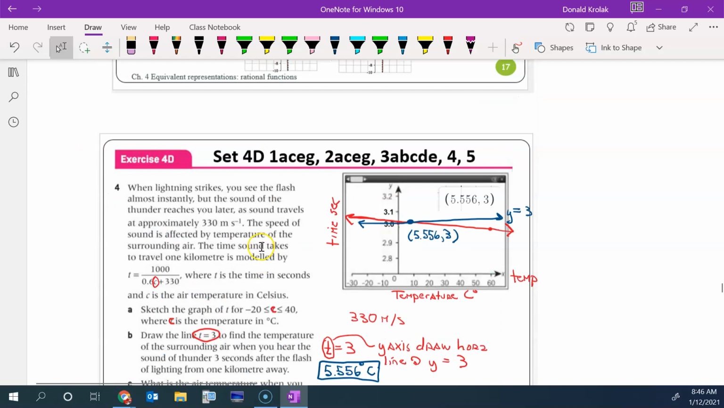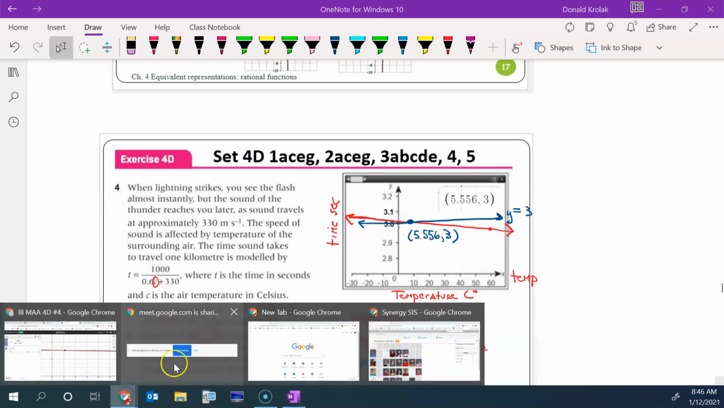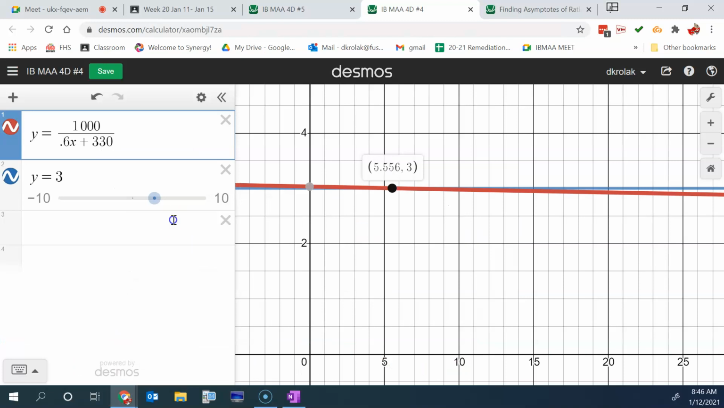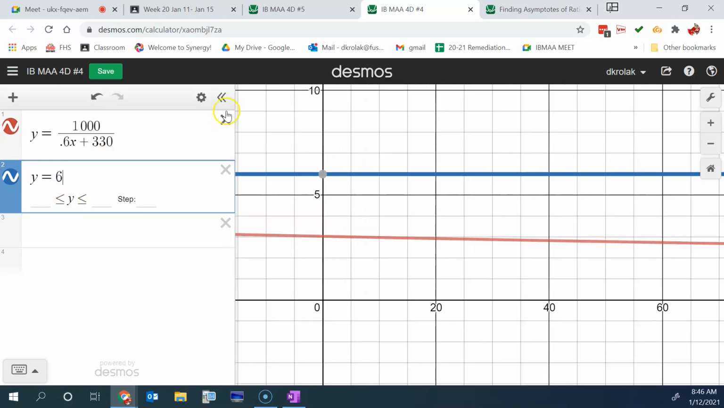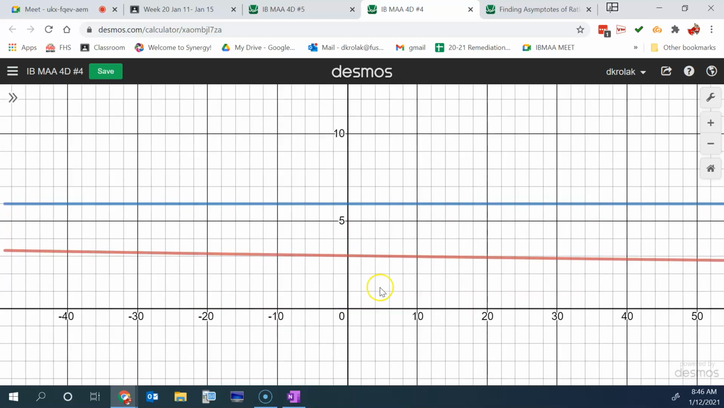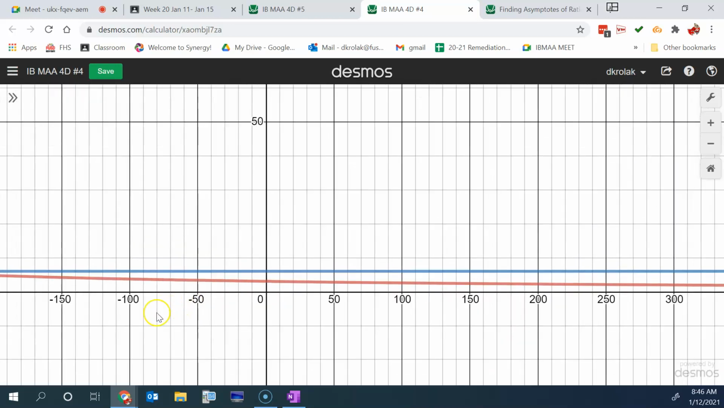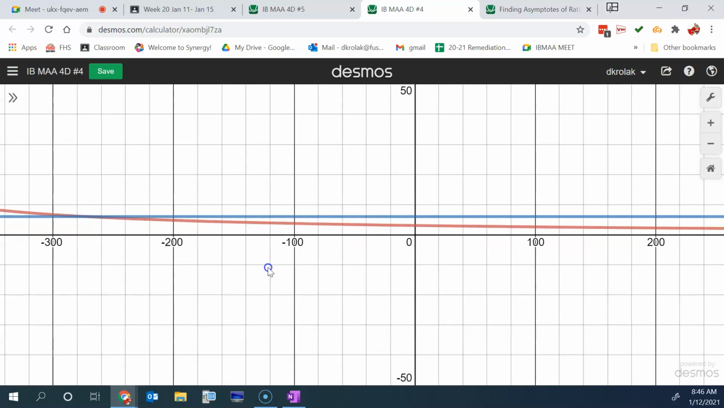Okay, so I'm going to go back to my drawing here. Okay, change that to a 6. I don't even see it, so I have to start zooming out until I can see where it crosses that red graph. Okay, right there. Now, if I want to get this graph so that I can see the curve more,